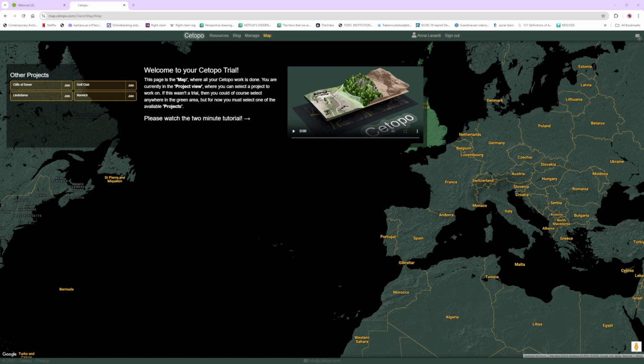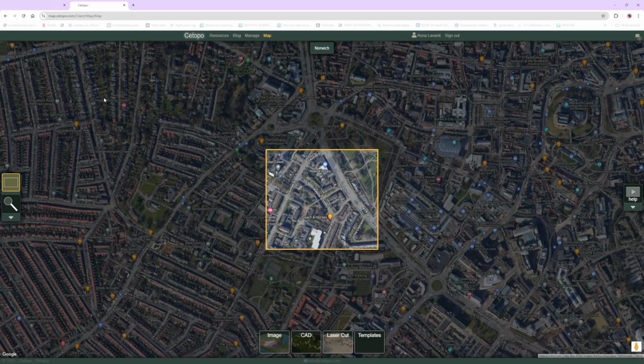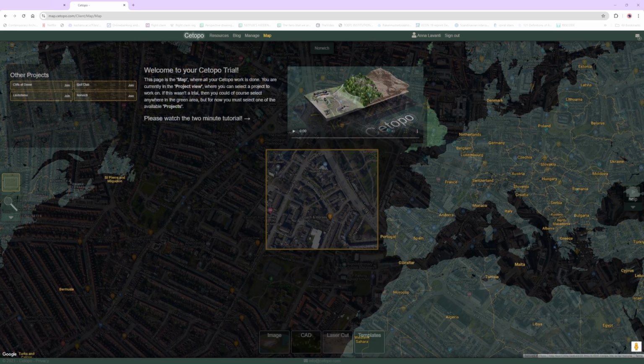during your trial. When you start your trial, you'll land here in the project view. Here, you can pick from one of the predefined projects available. In the full version of Cetopo, you'll be able to select any area within your region and create your own projects that will then show up in this view. To dive in, just choose an existing project from the left-hand menu to switch to the map view and start